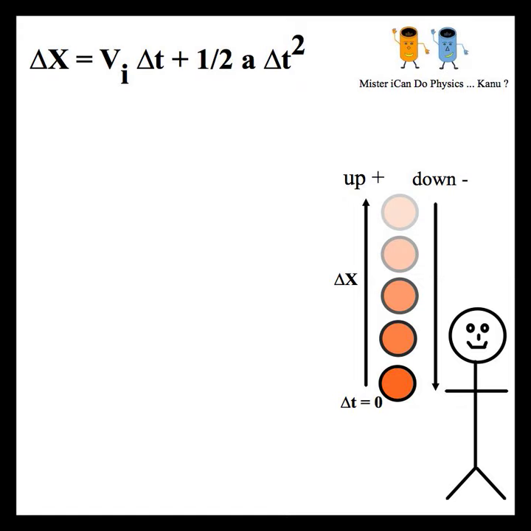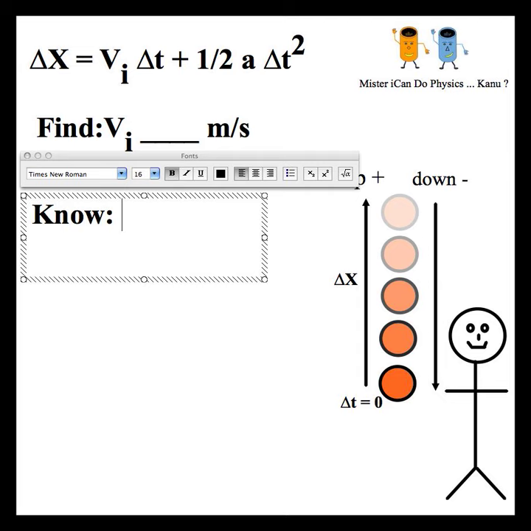Okay, now let's take a look at the second problem that we could have with this particular relationship. Let's say that we want to find our v sub i when we know our delta x